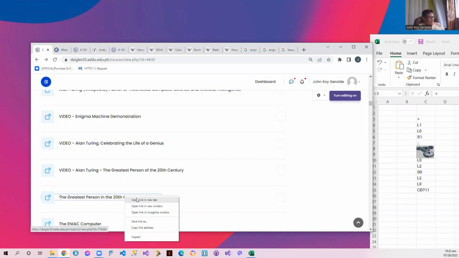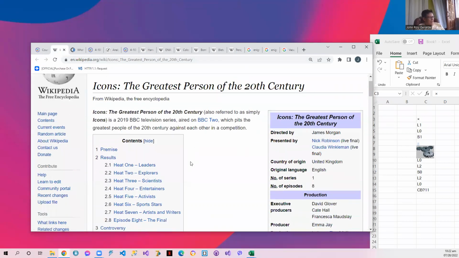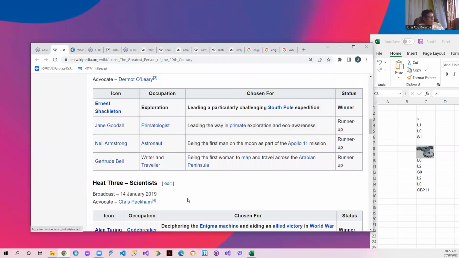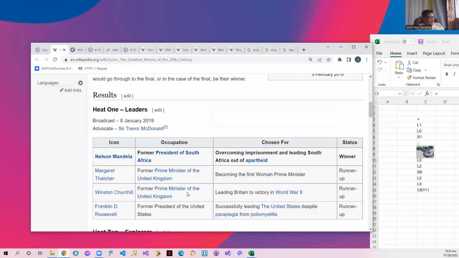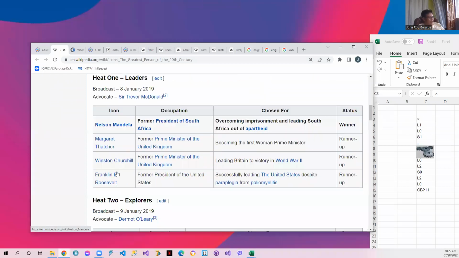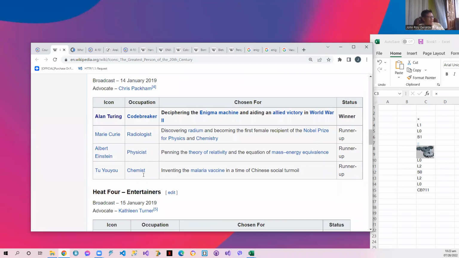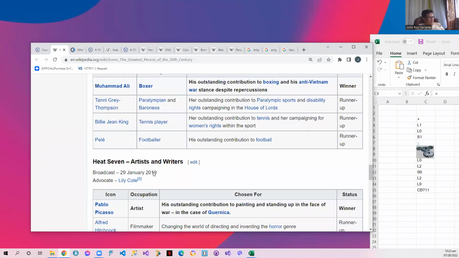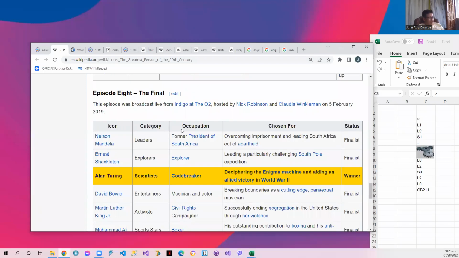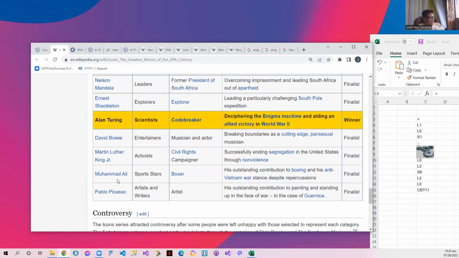Do you follow? This is the media research by the BBC, in a television series. Upon their survey, they had listed candidates for the greatest person of the 20th century, the 1900s: Nelson Mandela, Margaret Thatcher, in different fields. And in the end, after a long process aired on TV, they awarded the greatest person of the 20th century to Alan Turing, above Albert Einstein,